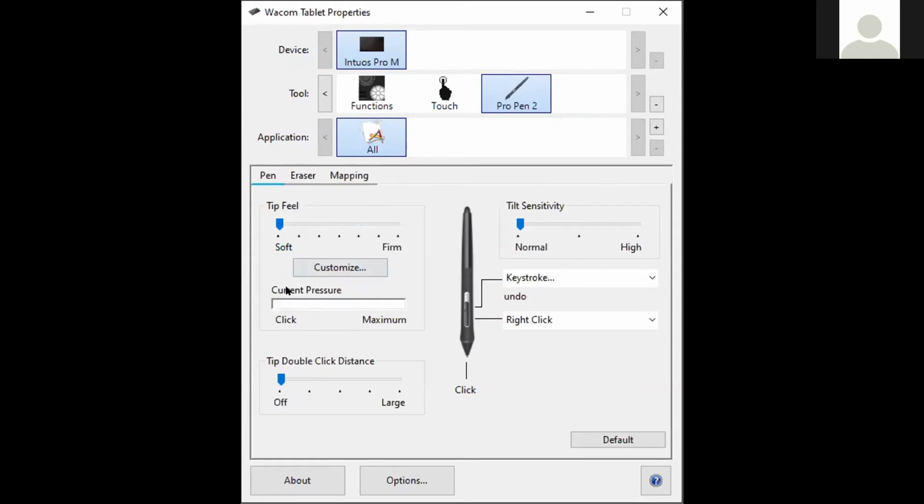Yes, sir. So you can keep it easily. Now, as I change the tip point, the pressure will change.